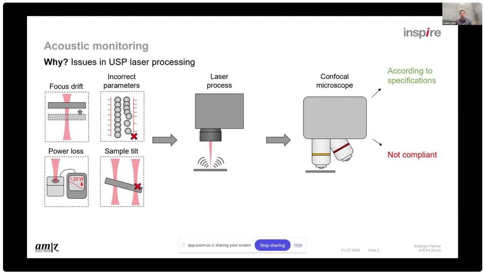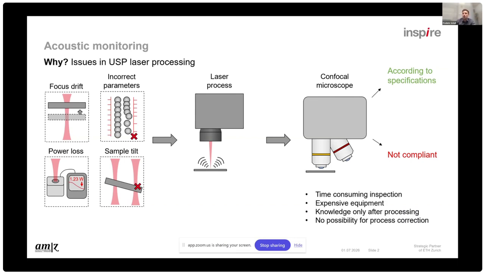And in the standard way of doing this, we only find out after the process by using a confocal microscope or a scanning electron microscope, where we can then observe the surface ex situ. But this is, of course, time consuming. The equipment is certainly expensive, and we gain the knowledge only after the processing, so we have no chance to correct it. And what we are proposing is to actually look at emissions that we have during the process, which